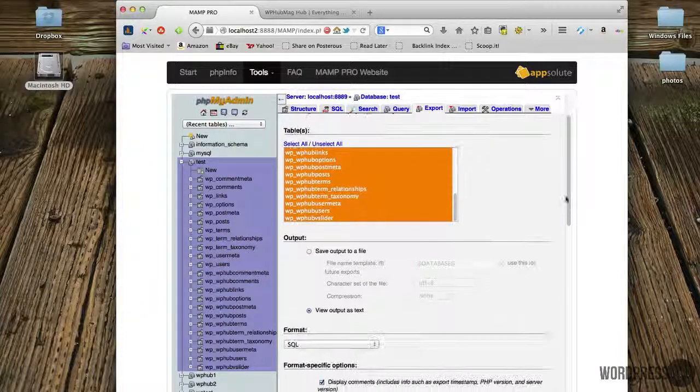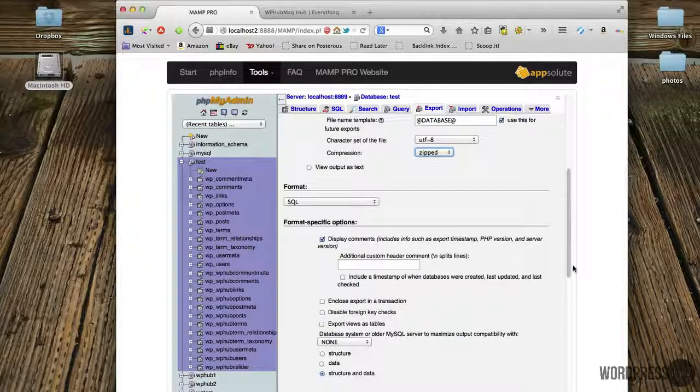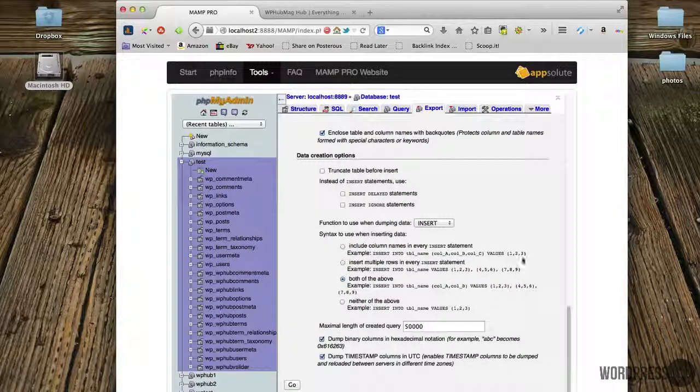I also want to output this as a zip file, so I want to save it out. We want to leave it like this. We want to leave it as UTF-8 character set. I want to use a zipped compression, and that's it. That's all we need to play around with here, and then we can go down to the bottom